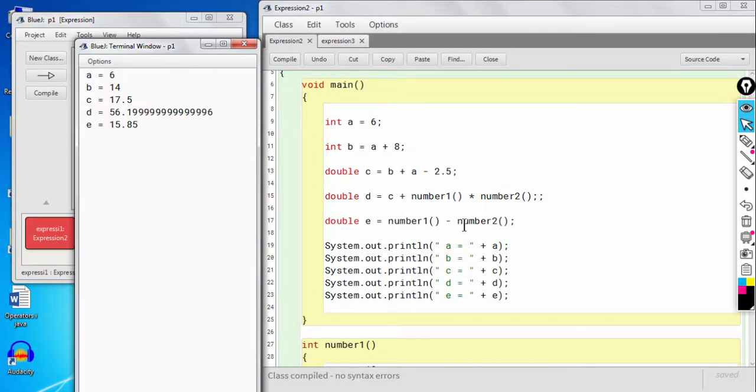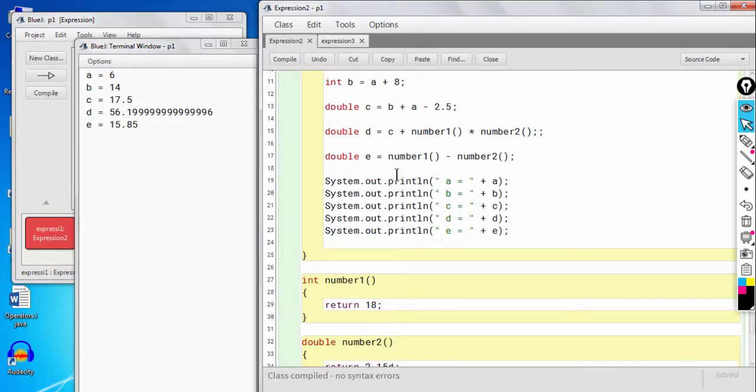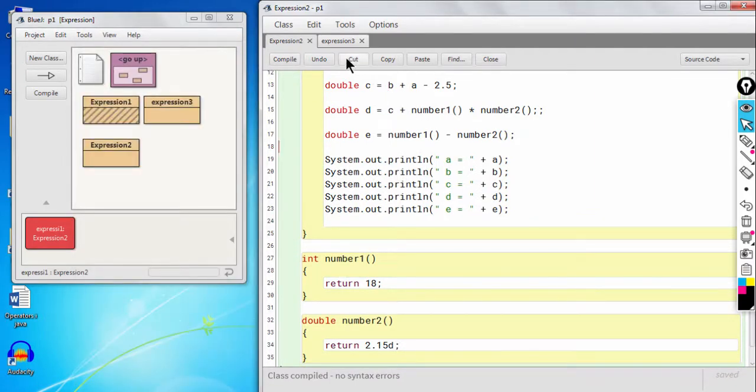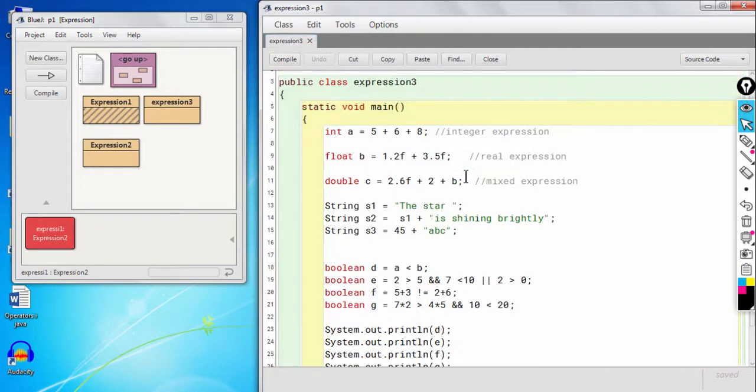Okay, you can analyze this program by yourself, and if there is any doubt, you can let me know. Okay, let's talk about the next topic. Sorry, I need to explain a few more points regarding expressions.